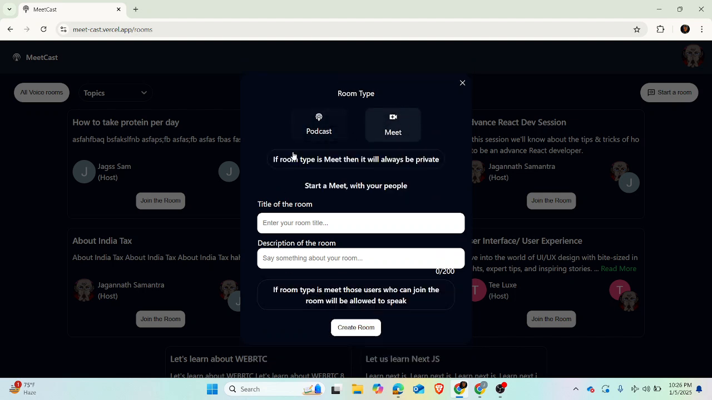Okay, so meet will always be of room type private. Okay, so room type meet cannot be public because for now we are using free servers. So it can't handle very much load on it, because if the video will be turned on and off and people can share their screen, so yeah, it will be a load for the server. So for now we have kept meet as private, and only 4 people can join the meet, and not more